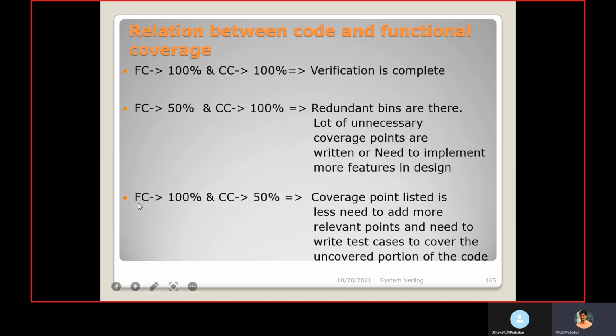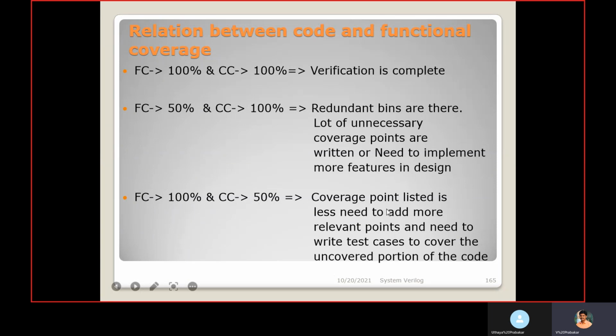If functional coverage is 100% and code coverage is less, the meaning is the coverpoint list is less, and we need to add more relevant points. If we add fewer coverpoints, everything will be hit, but we still get code coverage as low as 50%.